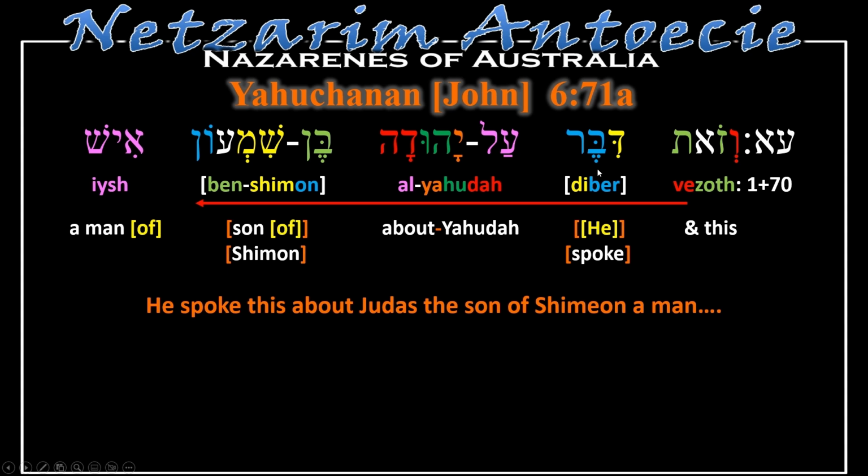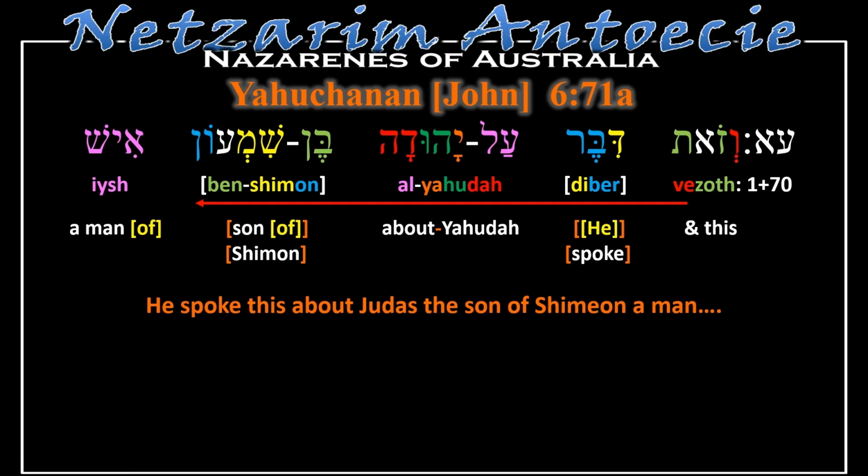Diber, he spoke, because diber means to speak, al, about or regarding, Yehuda. Often in English it's translated Judas, but it's literally Yehuda. Ben, meaning son, and I've added of, Shimon, son of Shimon. Ish, meaning a man, and I've added of, a man of. So he spoke this about Judas, the son of Shimon, a man